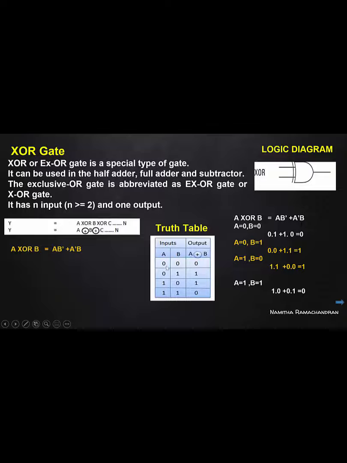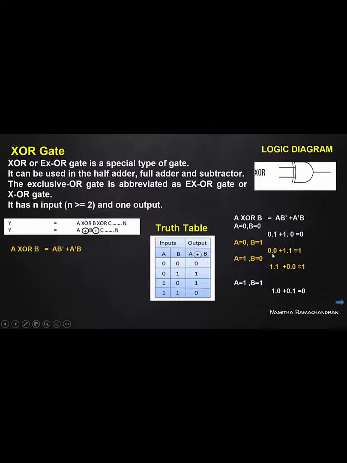Suppose the input combination 0 0, A with 0, B with 0. Then applying these values to this expression, A is 0, B complement is 1. 0 and 1 plus 1 and 0 is 0. This 0 is generated as output of our XOR operation. Next input combination A with 0, B with 1. Here